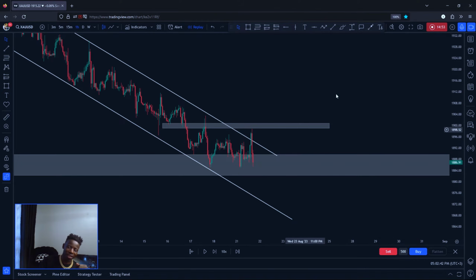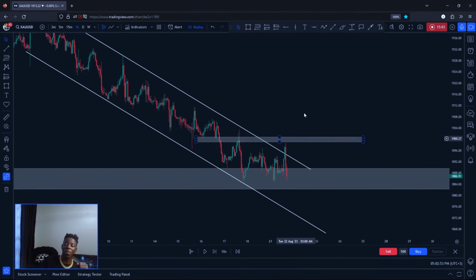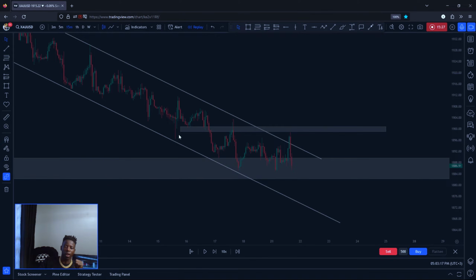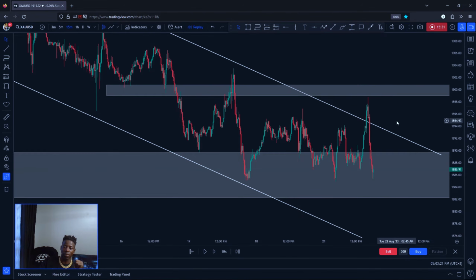But right now, we are just waiting. You will find someone selling from here or buying from here. He doesn't know whether we are breaking this resistance so that we can continue making higher highs and higher lows, or breaking the support and continuing to make lower lows and lower highs. So let's play. Most of the time, it's better to watch the market from the 15. I use 15 minutes to draw those chart patterns.